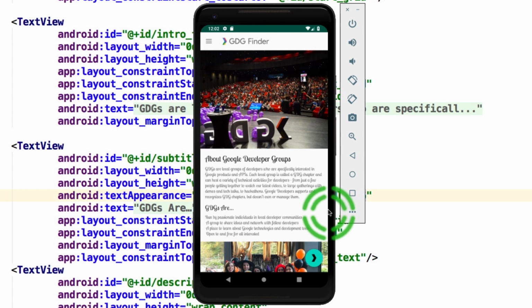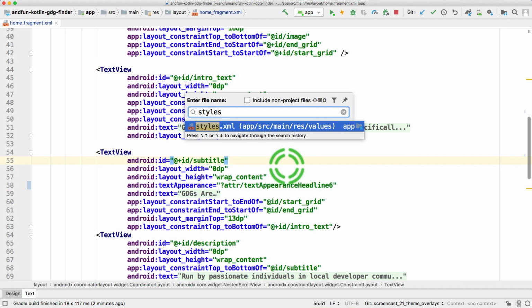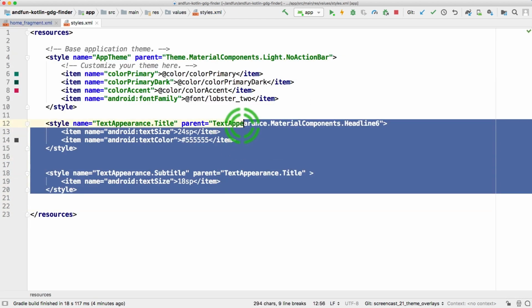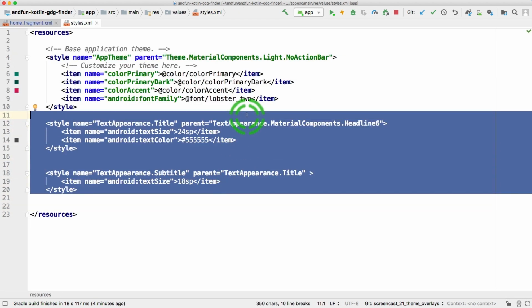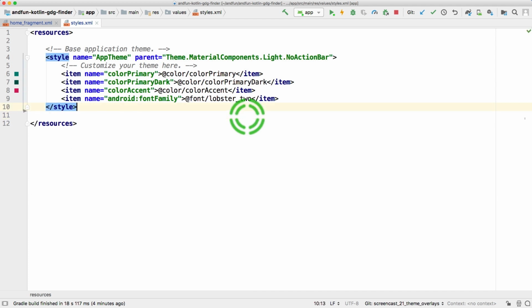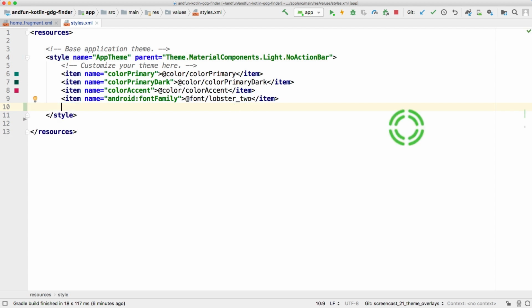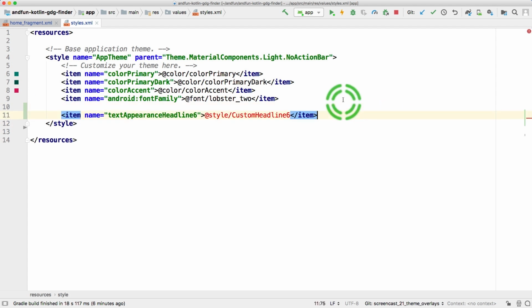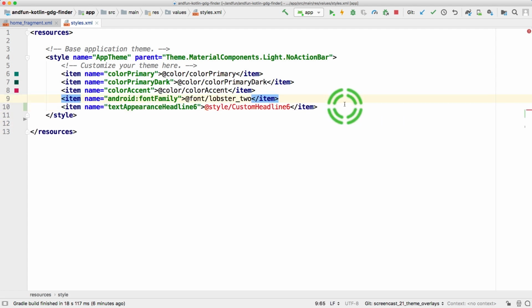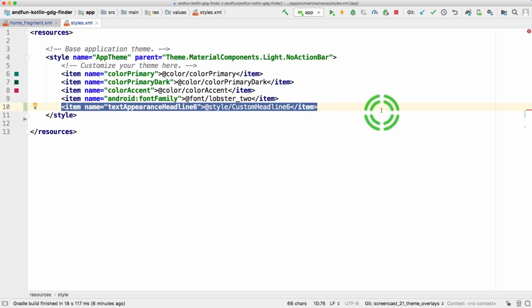Let's take a look at how you can modify a material theme attribute to change its default style. Open up styles.xml again. To start, we can delete the old styles. We're going to prefer material attributes for the rest of this lesson because they help create consistent designs that are easy to update. To get started, in your theme, you can specify your own textAppearanceHeadline6 theme attribute. Here, we're pointing it to a style called custom headline 6. This theme attribute will overwrite whatever style the theme specified in textAppearanceHeadline6. In this way, we can tweak textAppearanceHeadline6.